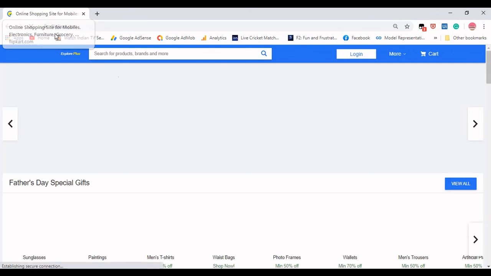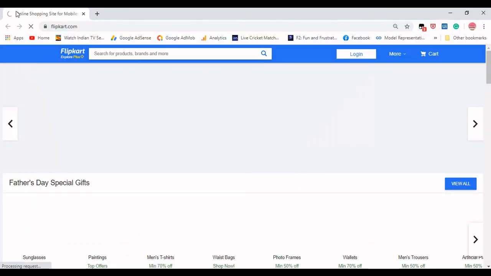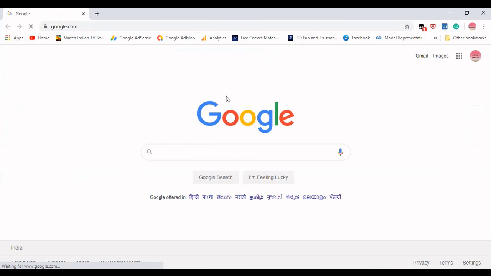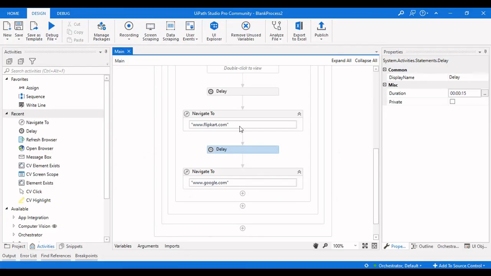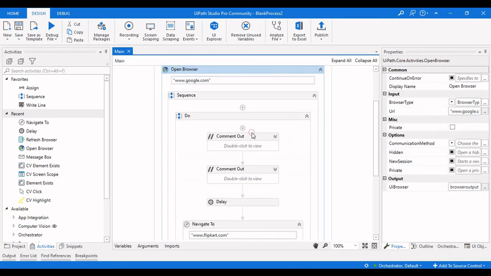Here you can see this is an online shopping site for mobiles. It has navigated to Flipkart, and we haven't used any delay after this one, so it has navigated back to Google. And this is how the Navigate To activity and the Refresh Browser activity are used in UiPath Studio.